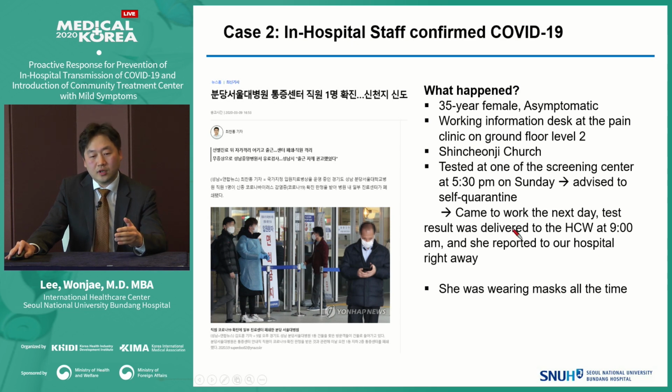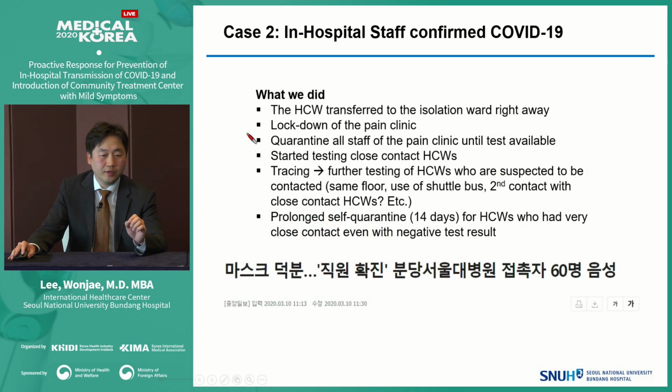However, she came to work the next day in the morning, and she had contact with several of our staff. But at 9 a.m., she got the result from the screening center, and then she reported her result right away to the hospital. Luckily, she was wearing a mask all the time, in the hospital and when she commuted. So what we did, we transferred the patient to the isolation ward right away, and then we locked down